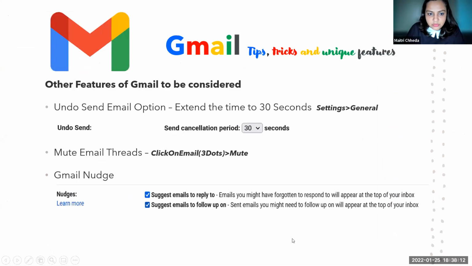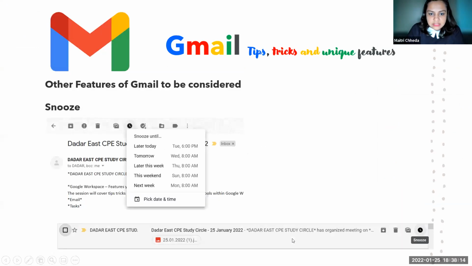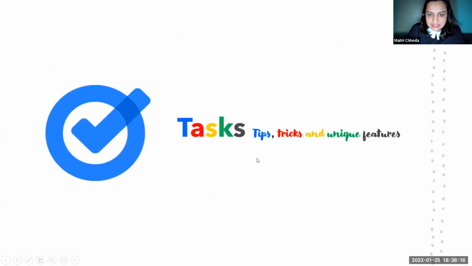Now coming back to our presentation here, now tasks. Since we've been already chatting, can I have it on chat how many of you have used tasks, just for me to have an overview of how many of you actually know. I think Rajen Bhai and Neha Ben, you guys are using this.